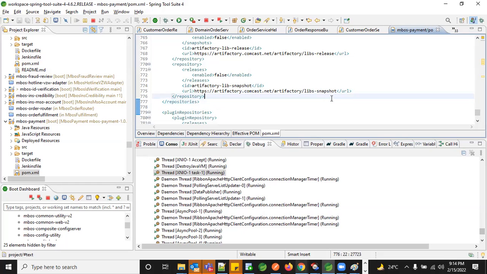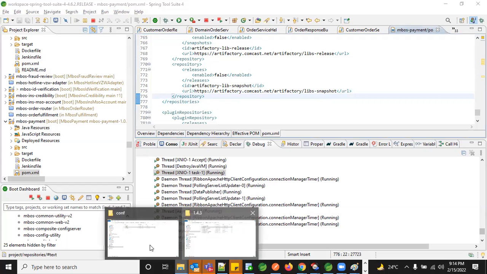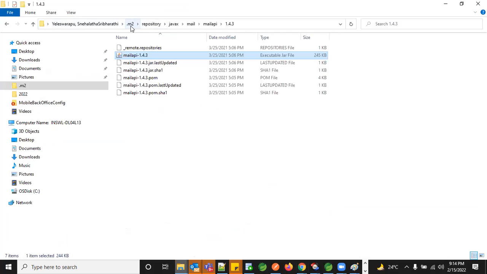Yeah, if it's some application you're developing from scratch for the first time, then you need to have it in your local, right? To test your application, to build your application. In that case, you have your local repositories created under .m2. So this is something you do in your system locally to create it.